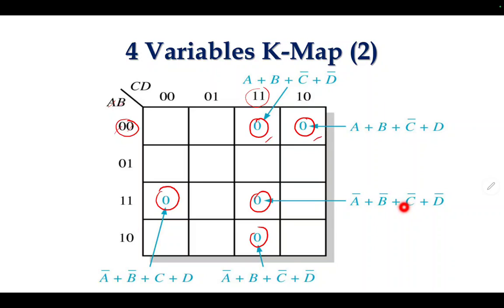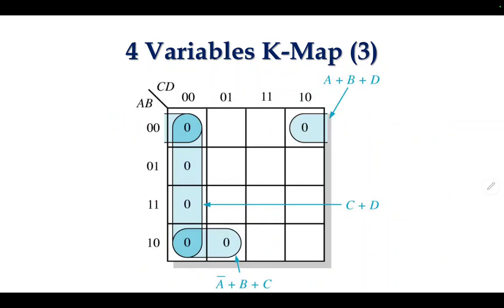So for this equation, a and b 0, 0. So a plus b, c is 1, d is 0. So c bar plus d. So you can see the rest of the equation is also similar. So this is another example for grouping. This is when you see number 0 in the K map, you know that this equation is POS. So x equals to, here a group of 4, so equation 1, and then equation 2, and then equation